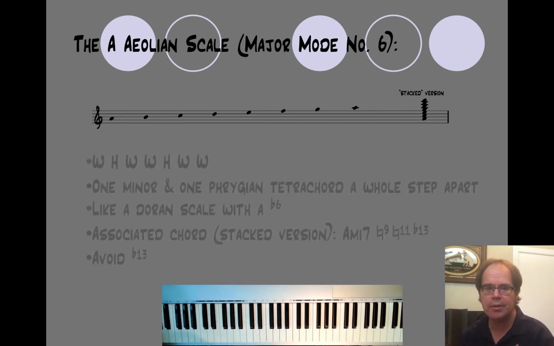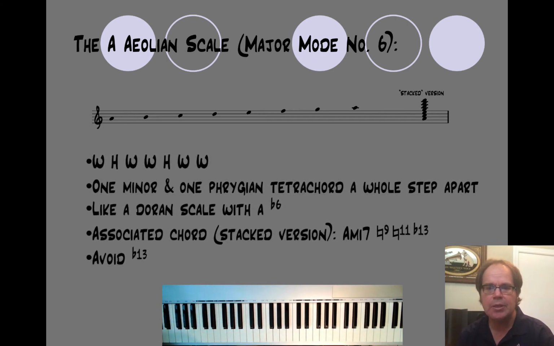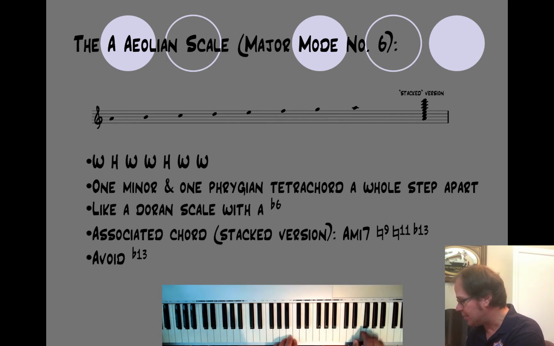Got one avoid tone in there, right? So it's a minor tetrachord and a Phrygian tetrachord, a whole step apart, kind of like a Dorian scale with a flatted 6th, but because that flat 13 here is technically an avoid tone,